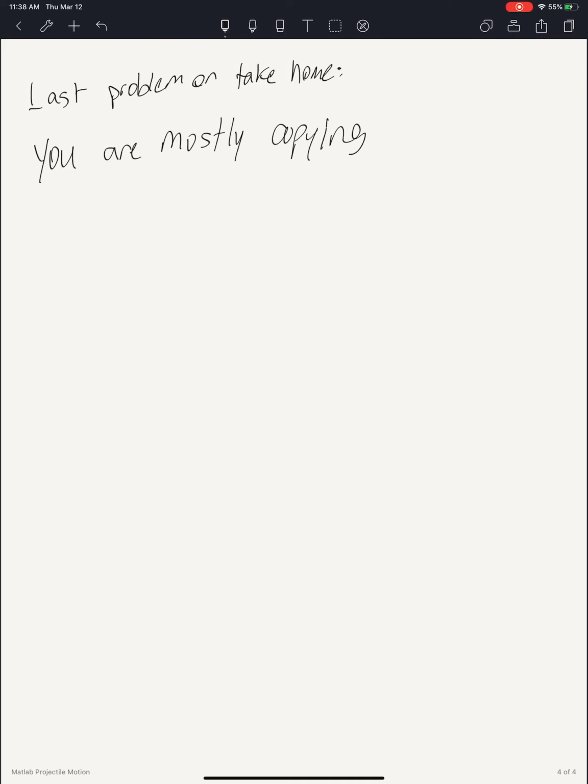You are not deriving the physical situation. You are simply taking all the equations I have given you and putting them in a function file in Matlab. The important thing to remember is you must build a function